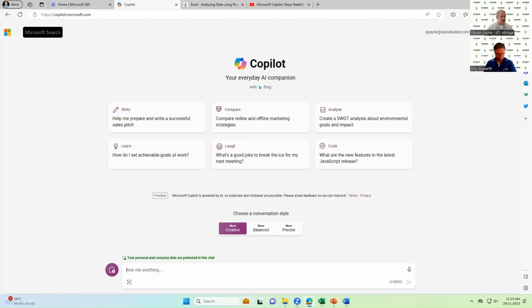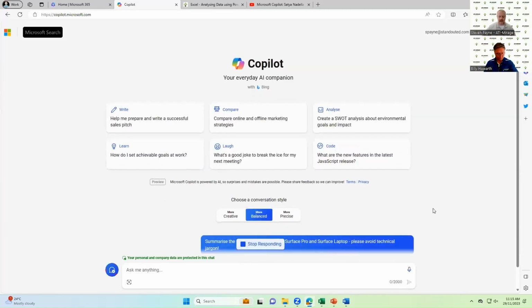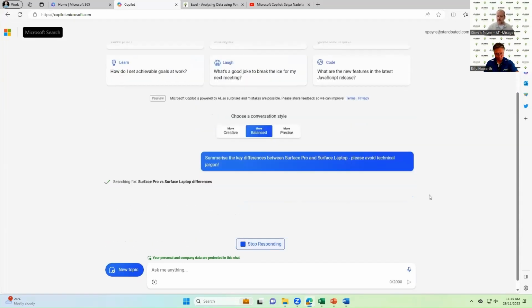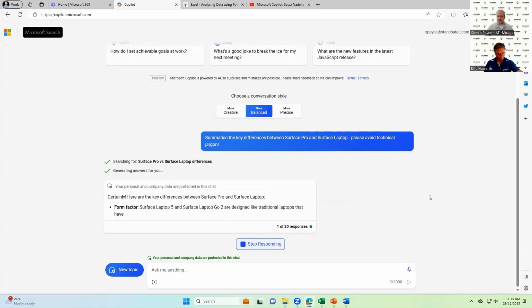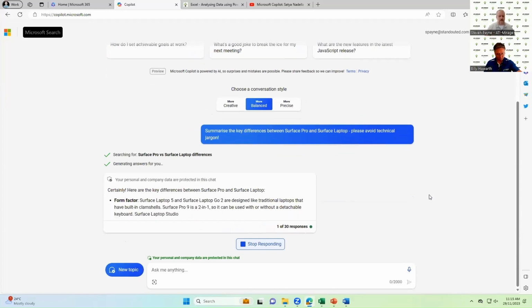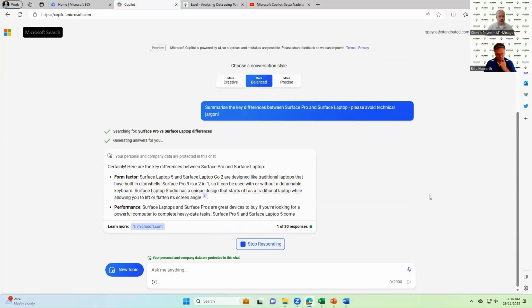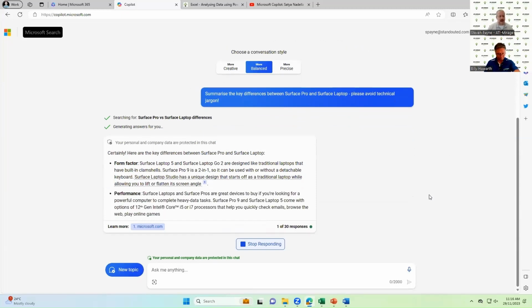But I'm just going to look at something. This is something I did just last week. I was looking for a new laptop and I wasn't sure whether I wanted a Surface Pro or a Surface Laptop. So I've just typed in: summarize the key differences between Surface Pro and Surface Laptop. Please avoid technical jargon. So it will go off, it will look on the web. It will also look at any data that it's learned from,